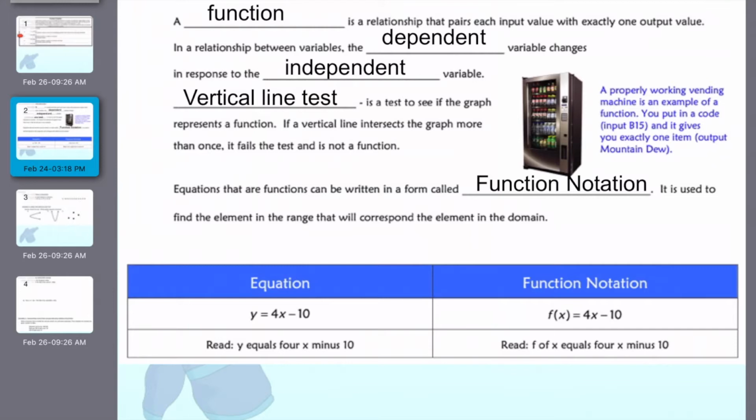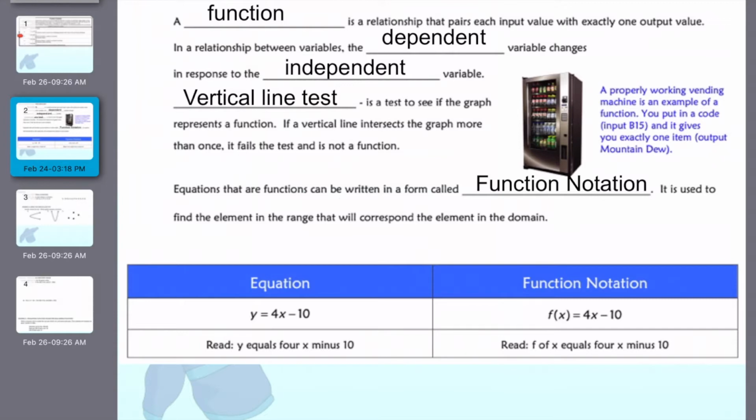An input value can be thought of as x, and our output can be thought of as y. So for every input, there is one output. In a relationship between variables, the dependent variable changes in response to the independent variable. The vertical line test is a test to see if the graph represents a function. If the vertical line test intersects the graph more than once, it fails the test and is not considered a